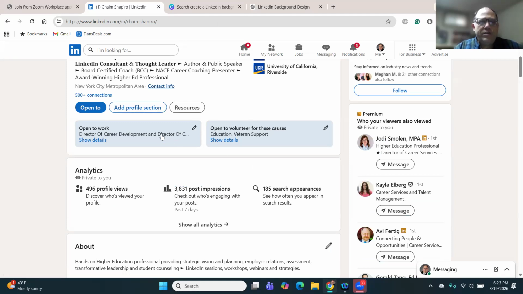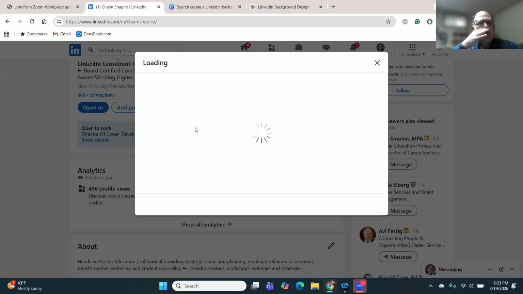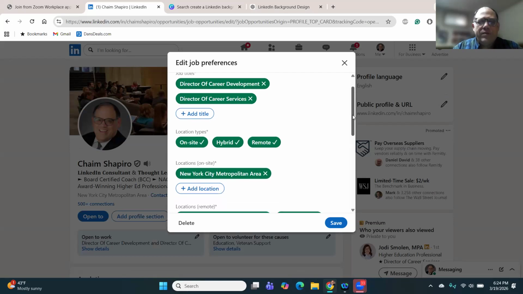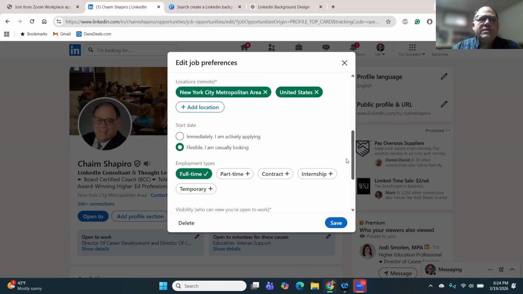Now, if you don't see open to work on your profile, the little open to button allows you to set it. If I click this little pencil, it'll show you here that I am open to career development positions. But I'm very, very happy. I've been at Turo for 18 and a half years. I really firmly hope that I can finish my career at Turo. But if somebody offers me $1 million to go somewhere else, I would definitely consider that. So I have this down as flexible. I'm casually looking. And if somebody reaches out to me with an offer that's incredible, I will definitely want to hear that as opposed to not having that open.